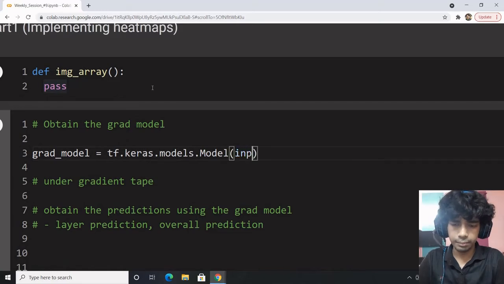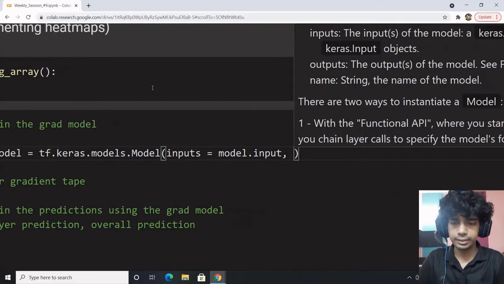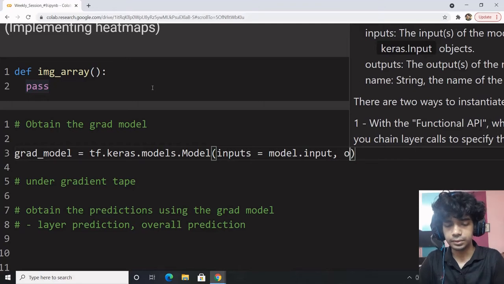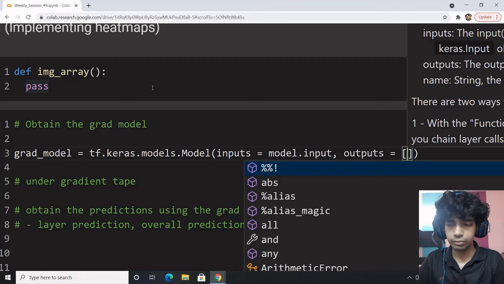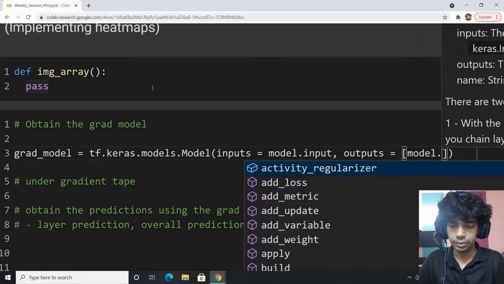tf.keras.models.Model. Inputs would definitely be model.input, right? That is the model input. Now, what else needs to be done is the outputs. We need two outputs. First is model dot